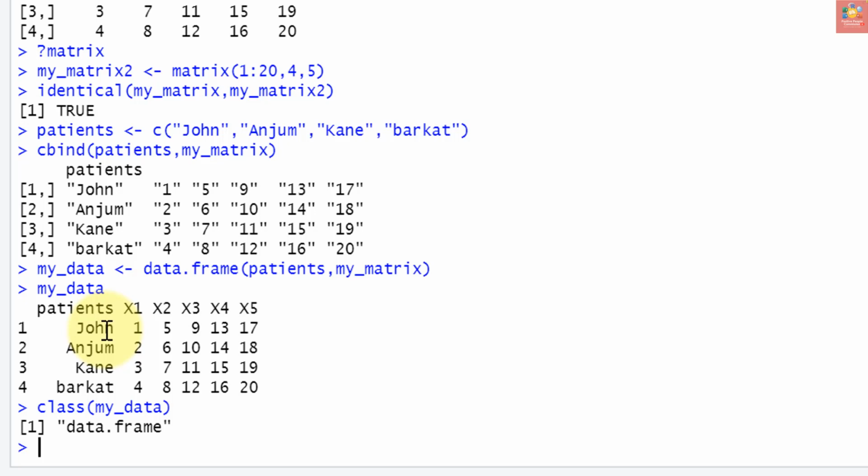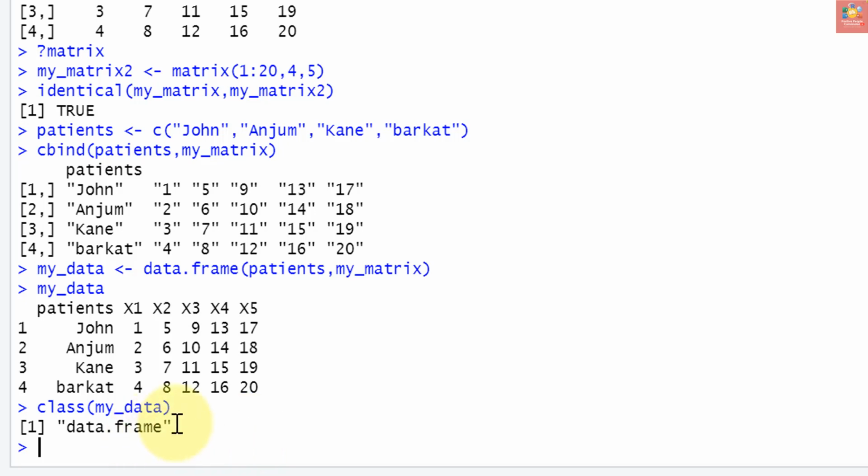So since we have six columns including patient names, we will need to first create a vector containing one element for each column.